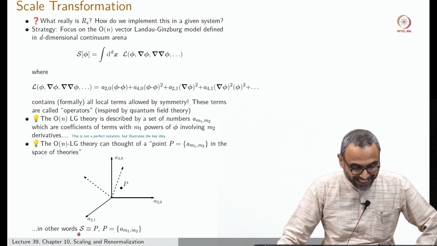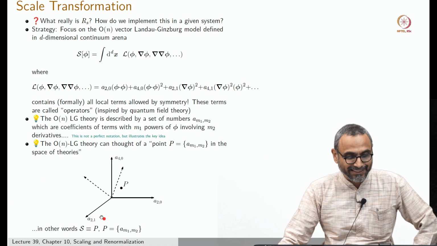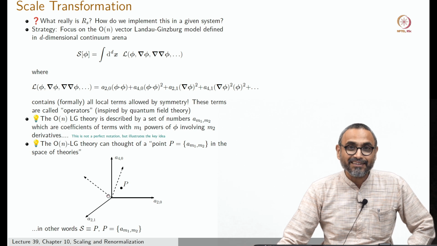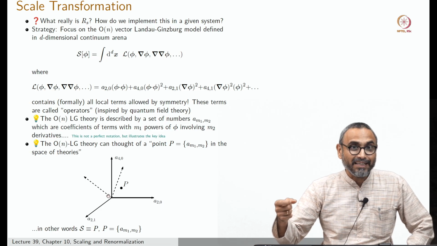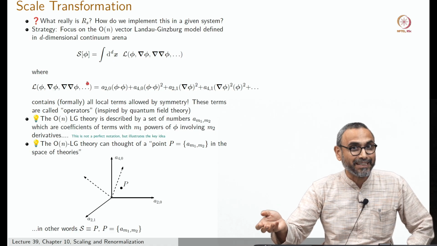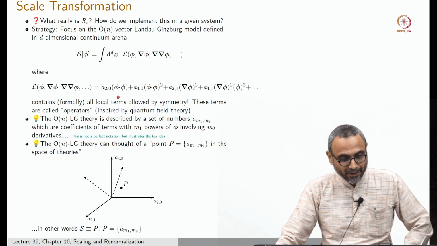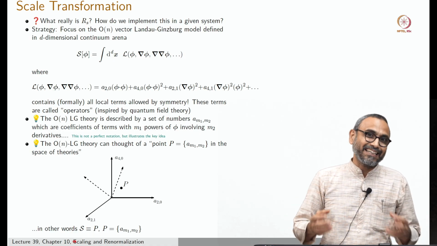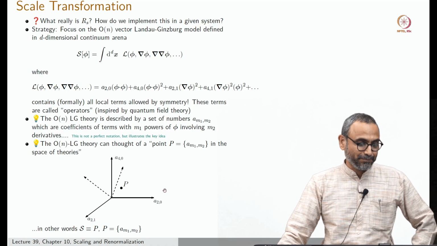So this action S is equivalent to this point in the space of theories. We think of this as a space of theories. All the theories here have the same Ginzburg-Landau structure. If, for example, certain quantities were negative, then you know that you could be in the broken symmetry phase, etc. Okay, so that's the idea of this approach. You have come up with a way of characterizing theories as points in some very high dimensional space, and this is called the space of theories.